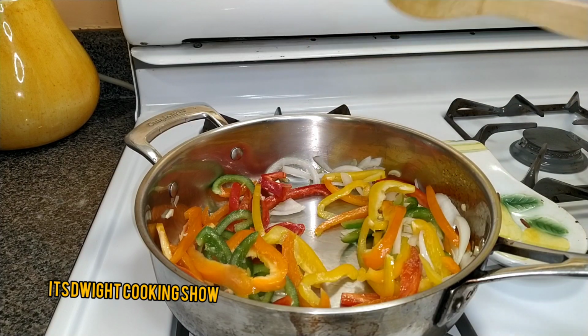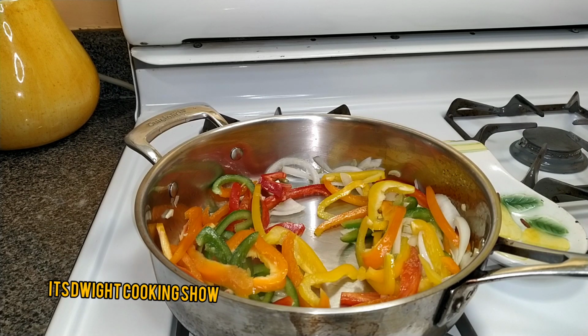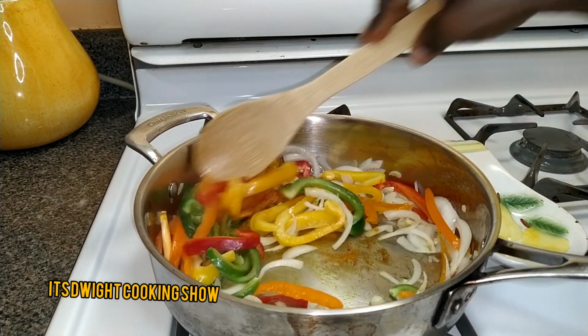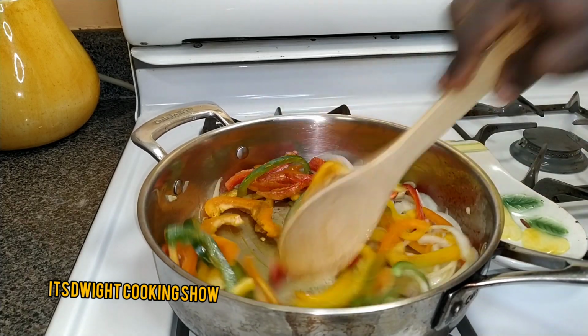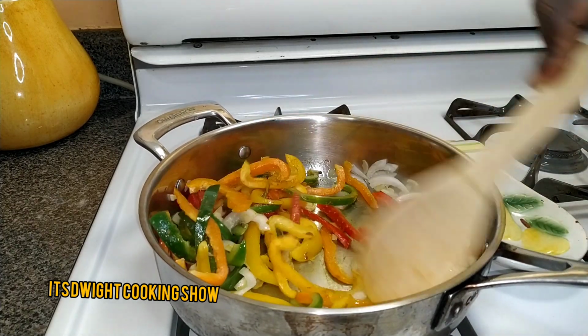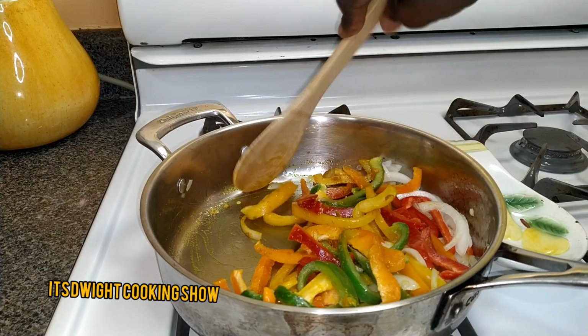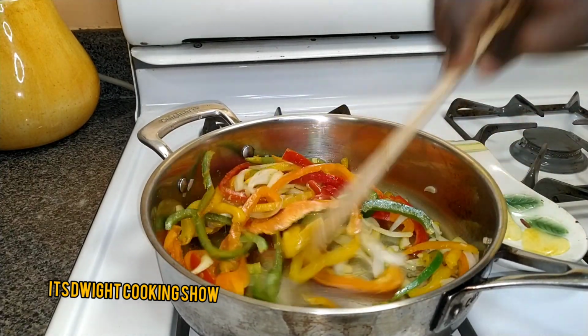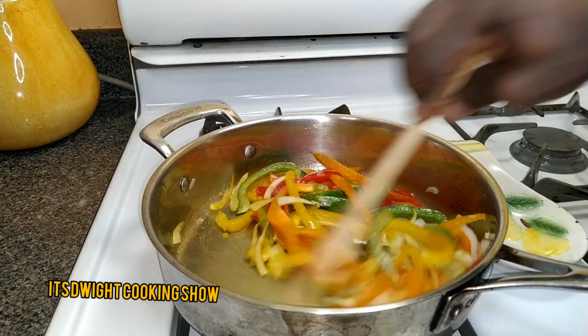Guys, at this time I'm going to add a little of the curry. Oh God, that Jamaican curry just smells totally different than any other curry. The new pack,